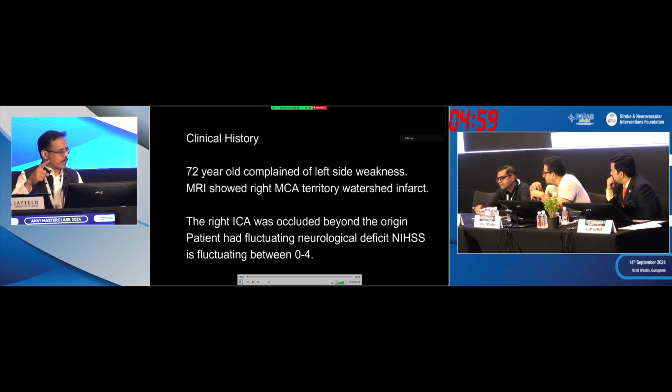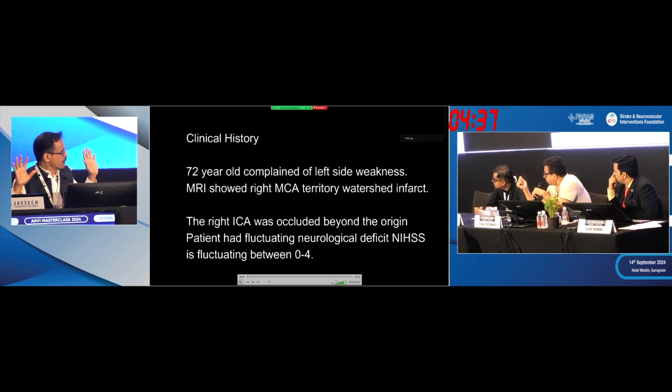The only thing is, we kept the wire across. In all these tandems, we keep the wire across and withdraw the guiding so we have an access. But we have checked the ACOM beforehand. That is great. So we knew that. In fact, I showed you, I went through quickly. We took a quick run of the right. I said there's a great collateral and MCA occlusion. So it was in my mind, as long as this poor man, I can just get the MCA clot